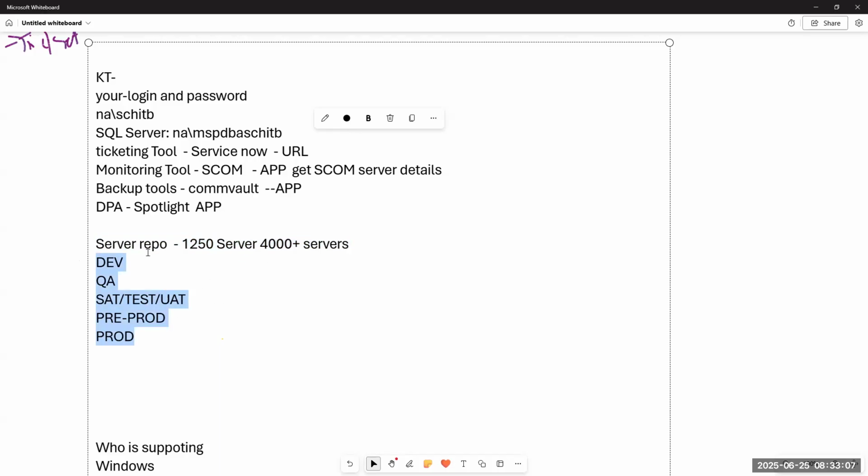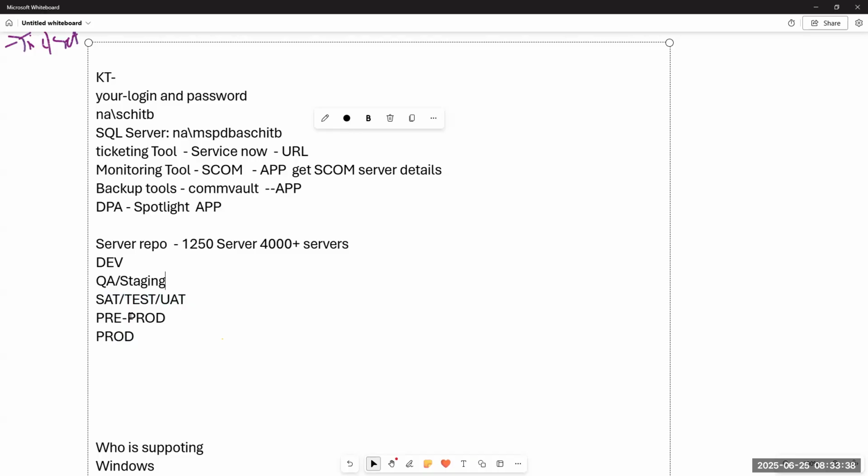When I worked in this organization, I had dev servers, UAT servers, and prod servers. We don't have pre-prod, SAT, or QA, sir. But technically speaking, these are all environments, or you can also call it a staging environment. Dev, QA, staging, SAT, test, UAT, pre-prod, prod.